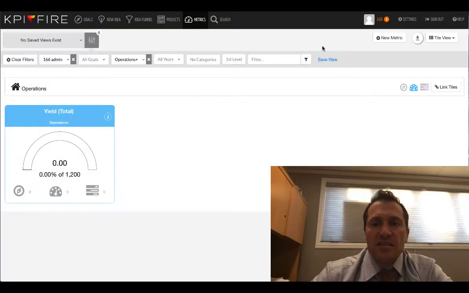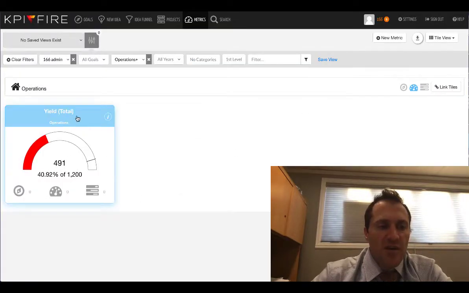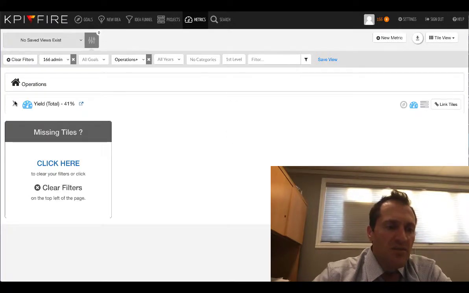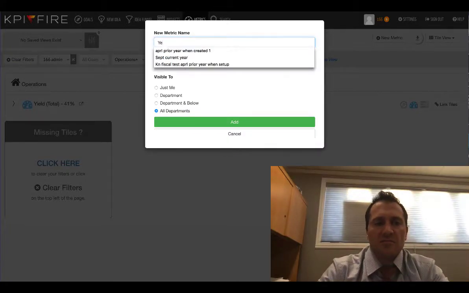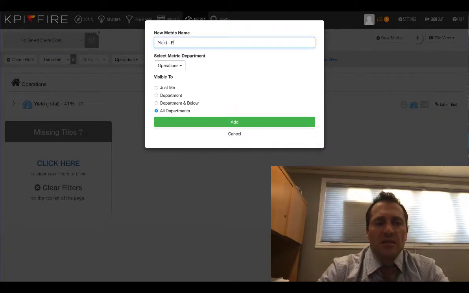Okay, so in this example, what we want to do is create two sub-metrics underneath this yield metric. There are two ways to do this, and I'm going to show you both of them. The first way is I'm on this tile view of the metric, and I click on the linked metrics down here. Now it's showing me that I'm drilled down on this yield metric. I can open it up by clicking expand, and I'm going to click the new metric here, and we're going to call this one yield in plant